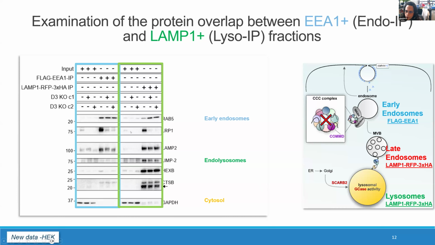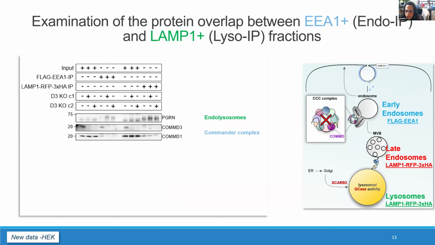It says that it could be either technical or biological, that there is a little bit of overlap, especially in the membrane proteins that are present in these fractions, but the luminal proteins actually show a good separation, so it could be reliable to make conclusions based on the relative abundance of a lysosomal protein in either fraction. Another thing that was important is that we also looked at the association of Commander complex components COMMD3